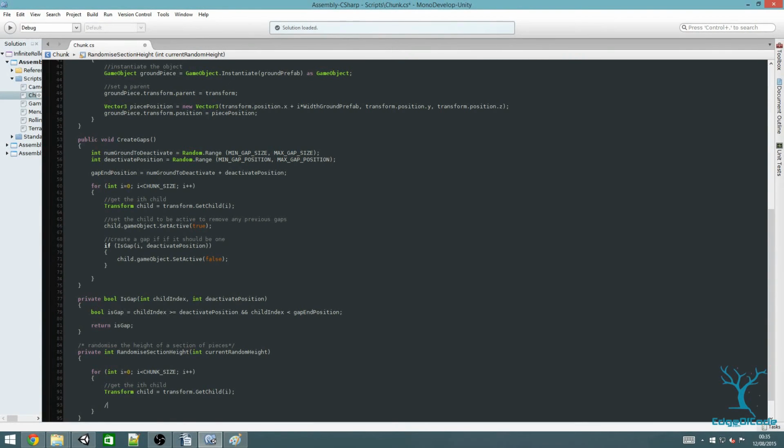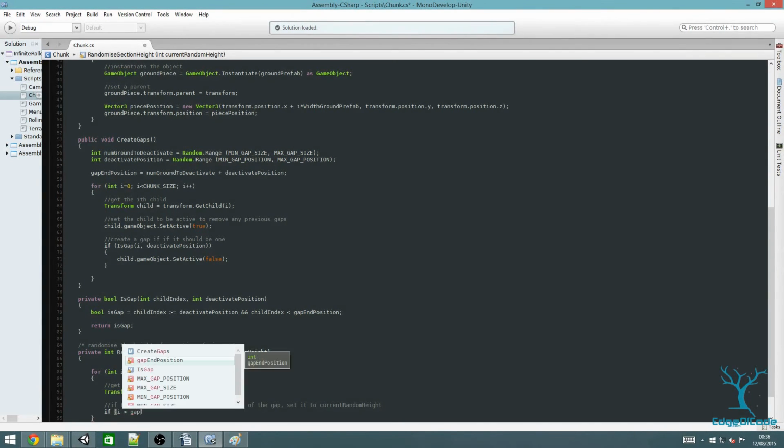So let's see, if the child's position is before the end of the gap, set it to current random height, which is the variable that gets passed in here. Okay, so code-wise, that's if I is less than gap end position,